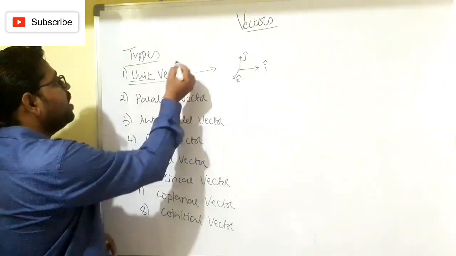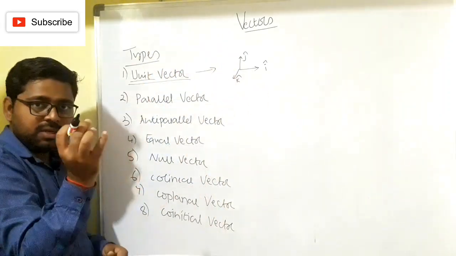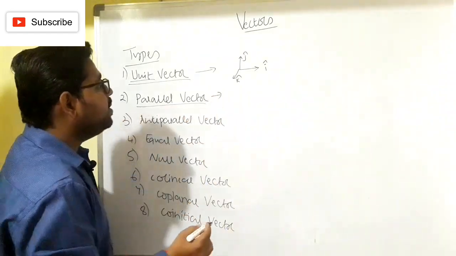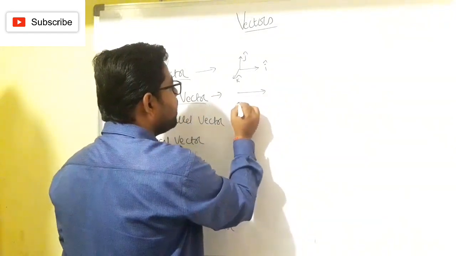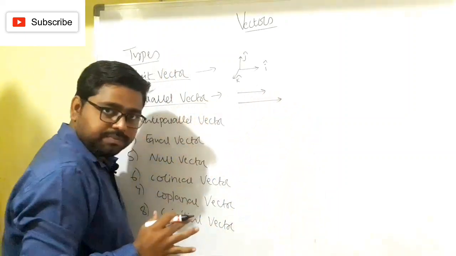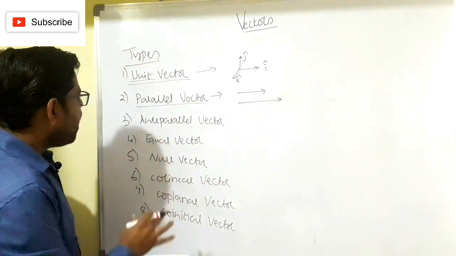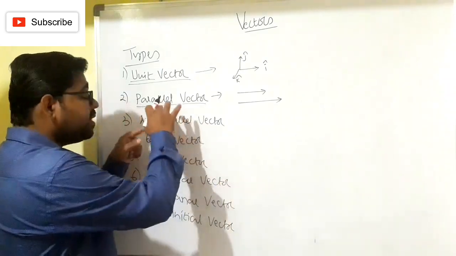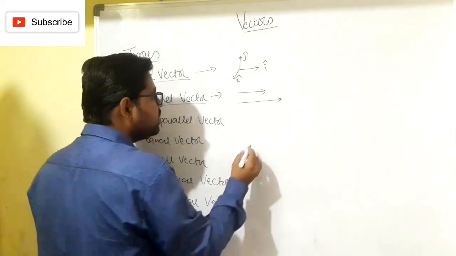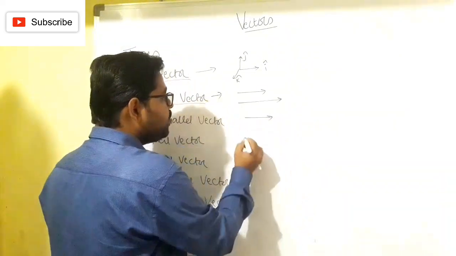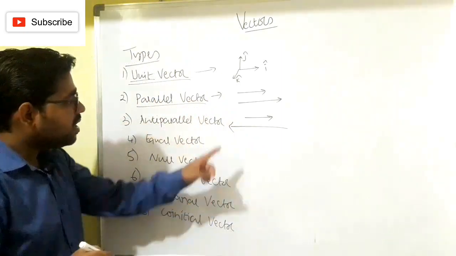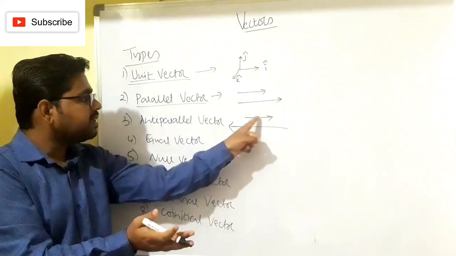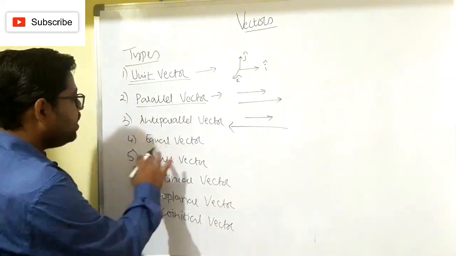So to represent any particular bigger units, we take it as a unit. It's a primitive one. Then a parallel vector. Parallel vector means these are the vectors which are parallel in direction, and lying on a plane. Simple. Then anti-parallel vector. Anti-parallel vector means they are opposite in direction. Say here in one direction it is moving, opposite to this. So these seem to be parallel in nature, but what is the direction? The direction is opposite.